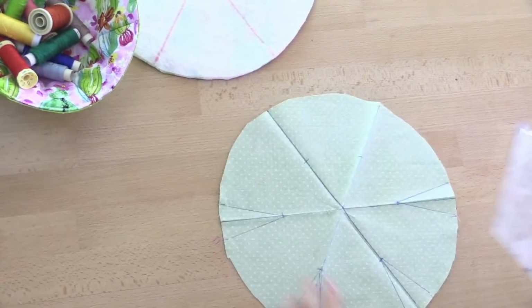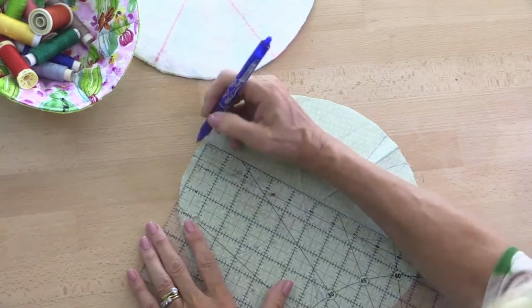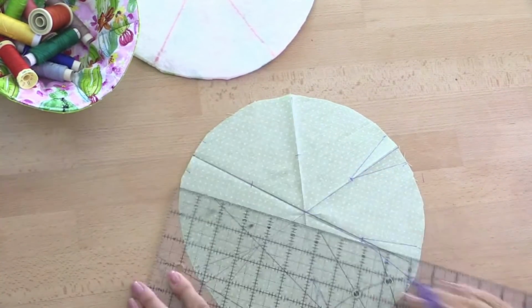Okay, so we're going to do this on each one of those 6 sections,